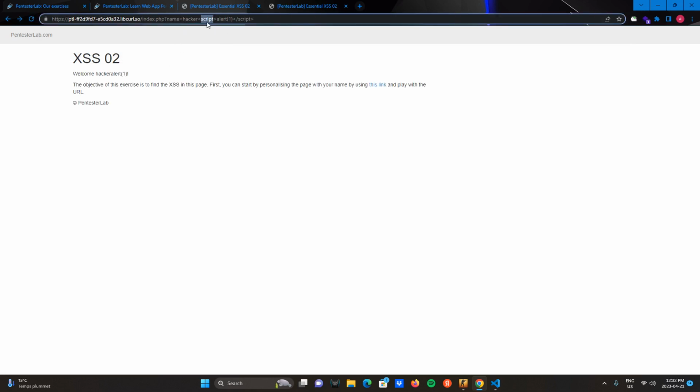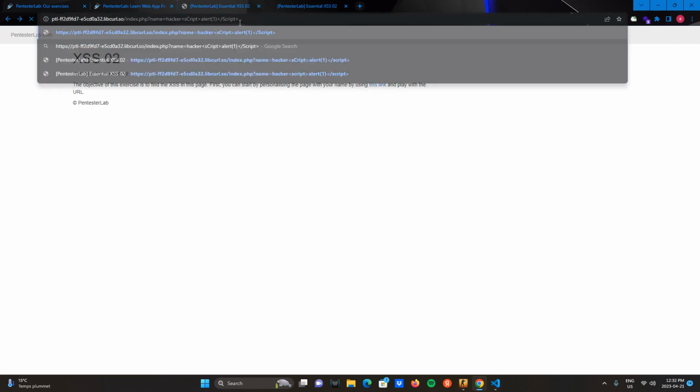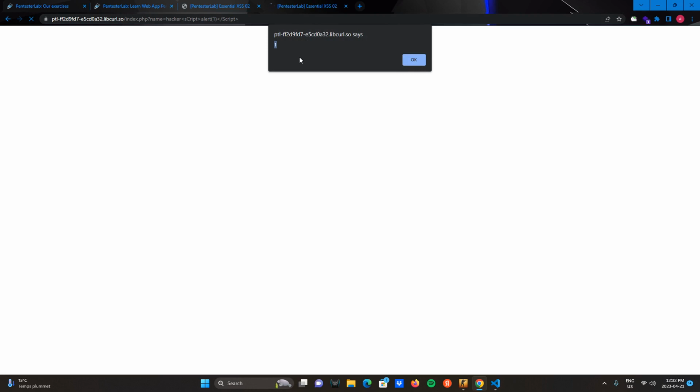What does that mean? That means if I capitalize one letter in the script tag, for example C, and one letter in the script tag at the end, for example S, no difference, I'm going to simply get the alert 1. And the reason is so easy, because the programmer simply filtered a script tag, which is not even security, because a hacker can easily use this method to capitalize the letter, or even double encoding, or thousands of techniques which exist to bypass